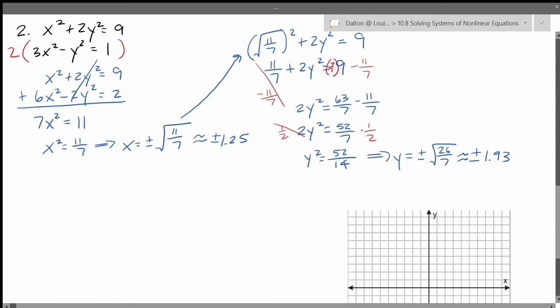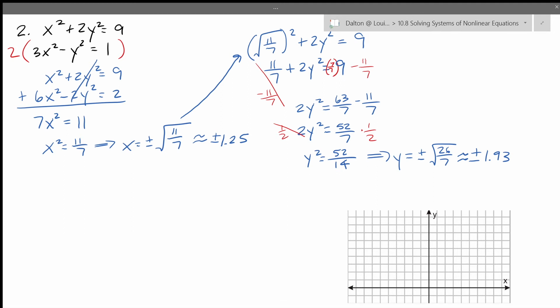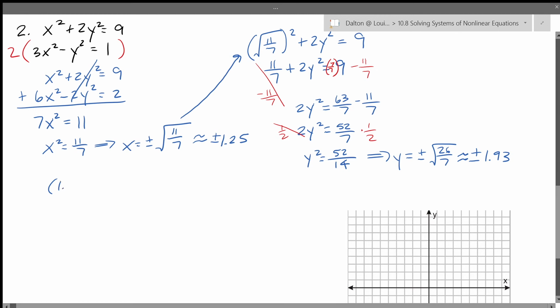So you have a positive and negative option for x, and you have a positive and negative option for y. So how many possible answers do you have for the system? Well, yeah, 4, let's see. So remember 1.25, both of them could be positive, like this. Both of them could be negative,